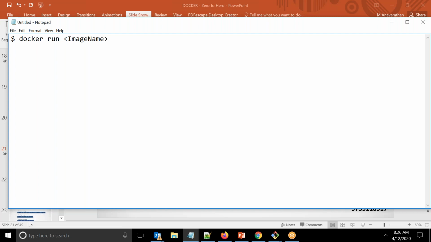Now, for those who are beginning, you will not know what the name of the image is. So if you go to Docker Hub and search, you will have plenty of images depending on your choice. The same way, let's assume if we are going to use a very minimal image for an OS, then those are named after exactly the same OS name. So this is where, if you take an example for this,